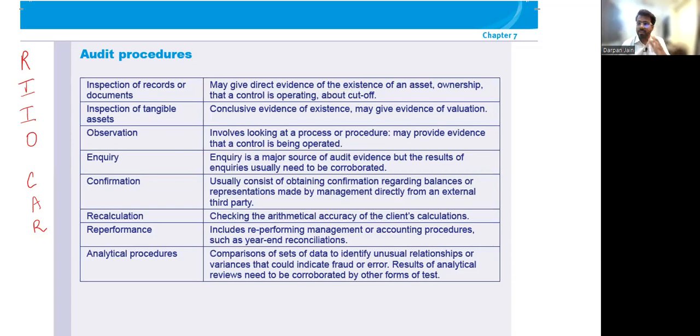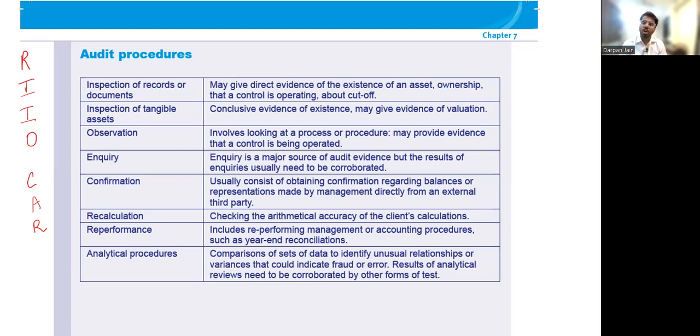Okay, all right. So listen. Audit procedures, REOCAR, R triple I O C A R. Now, have you seen a BRS at any time? Okay, let's say you've not seen a BRS. Let's say you're checking the depreciation of the company. Let's say the company has given you the calculation of depreciation that they've done: the formula of the depreciation, the amounts they've put in that formula, and then the amount they've got. The entire formula and the entire procedure has been given to you.